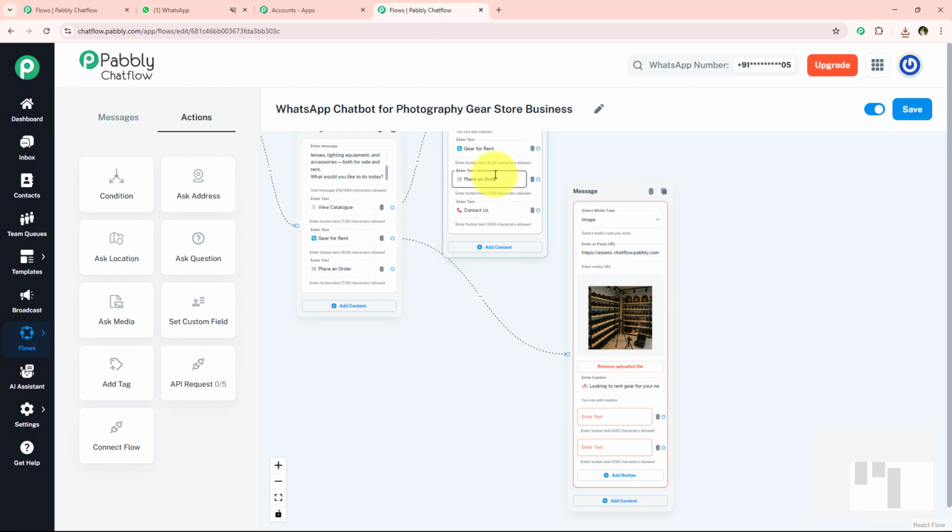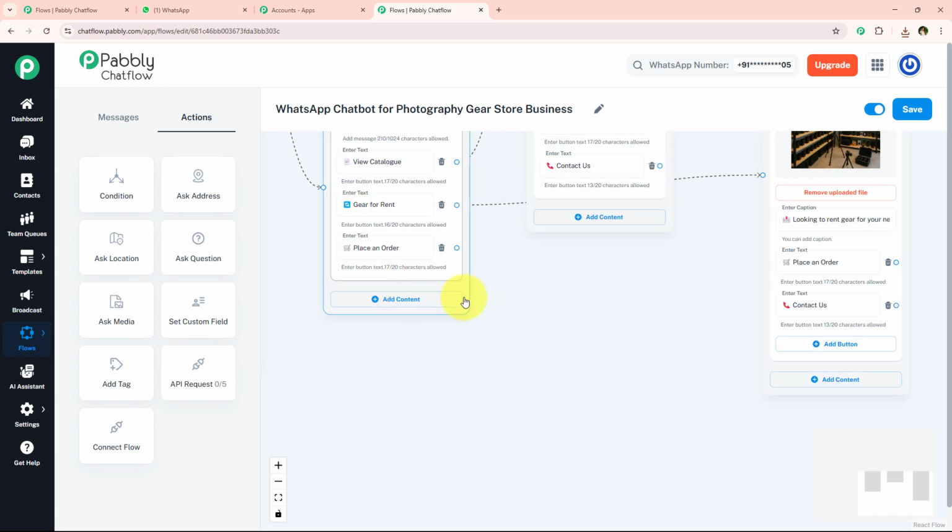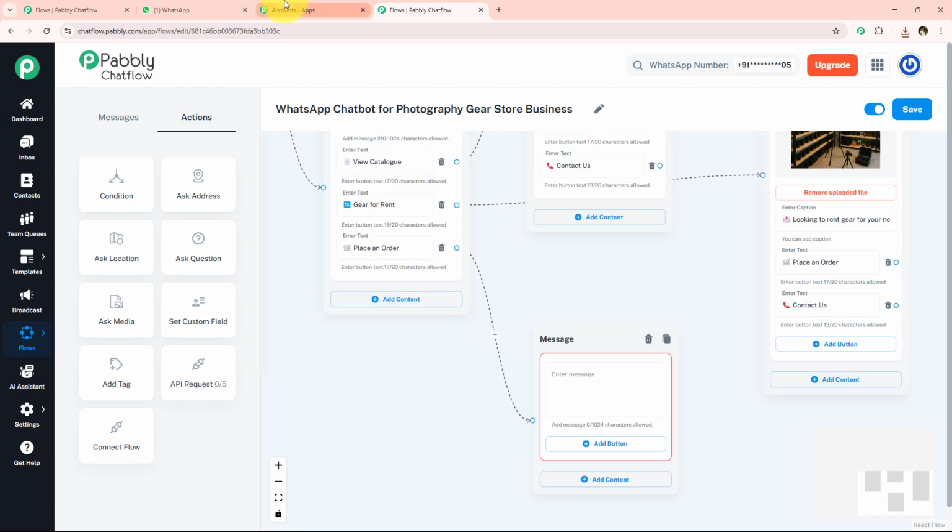One will be place an order, and the next one is contact us. So one by one, I'm just going to add two buttons right over here, and after adding these two buttons, we're going to move on further towards the next message, which is place an order. So I'm simply going to drag and drop the connection and select the content type as text plus button, and